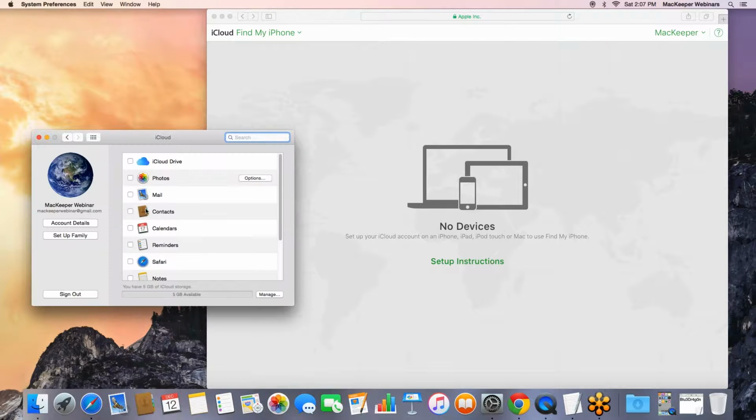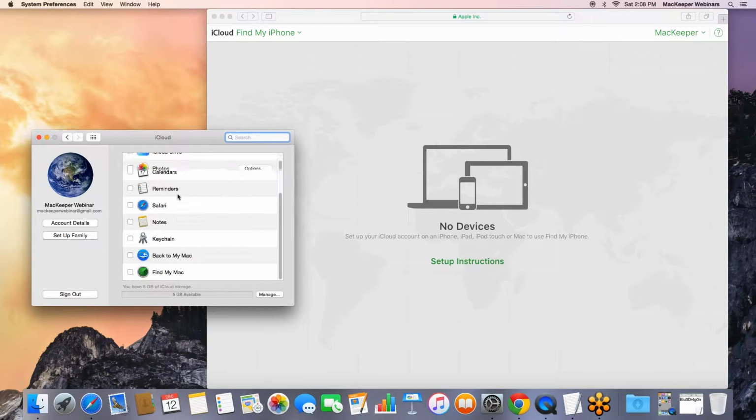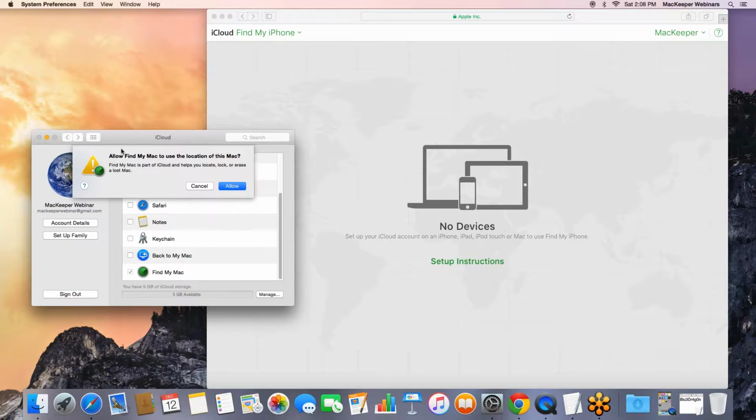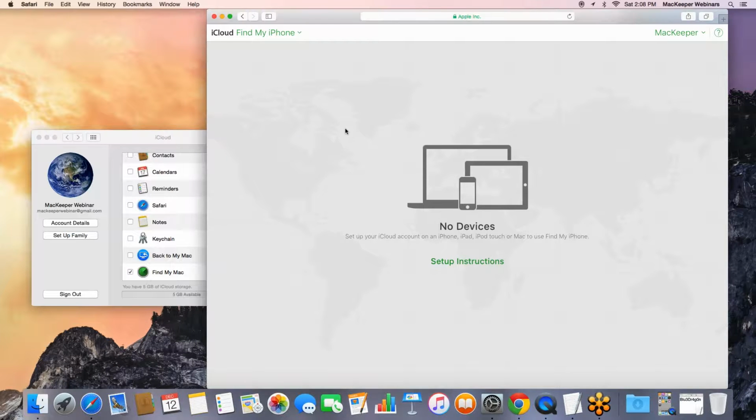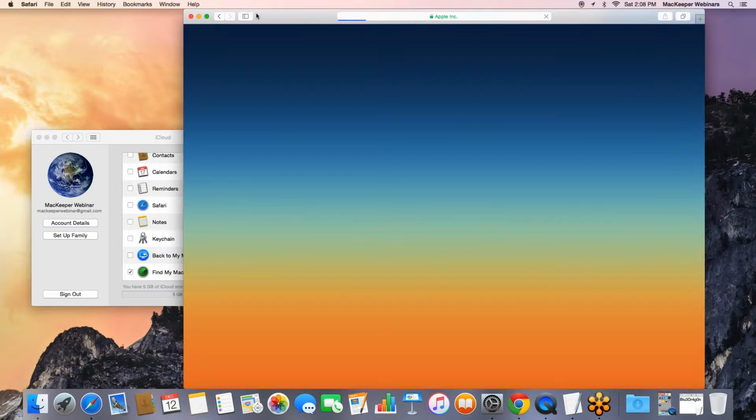So let's click on the iCloud, and if you are not yet logged in, it will give you the option to log in with your created Apple ID. If you are logged in and you did not yet enable the Find My Mac option, it is here at the bottom of this whole list. So just put a check mark there. It will ask you if you allow Find My Mac to use the location of the Mac. We do click allow. And now if we refresh the page,